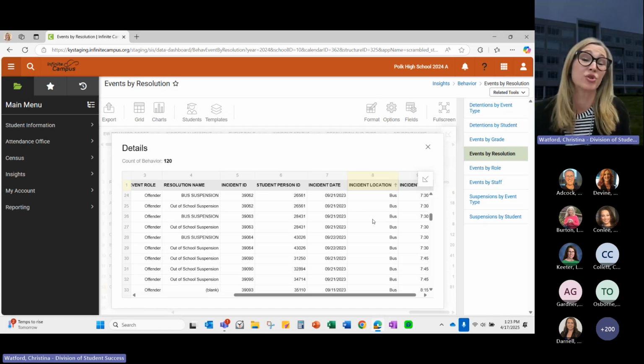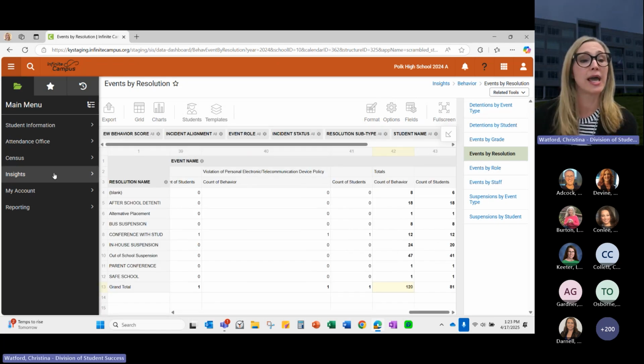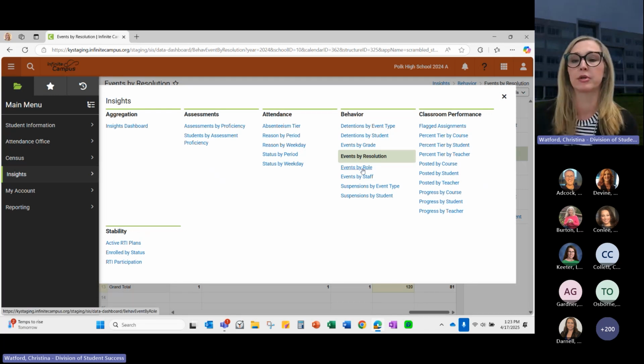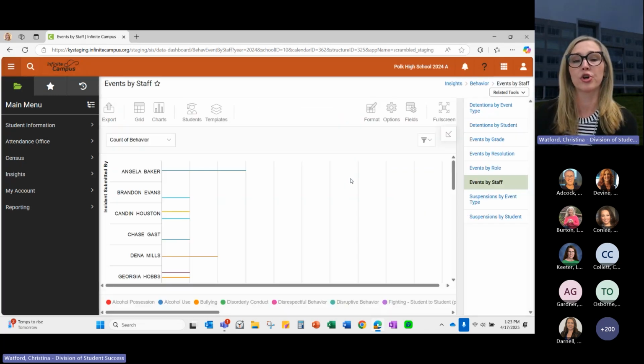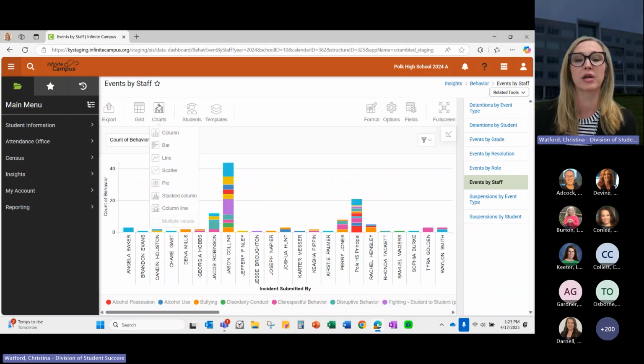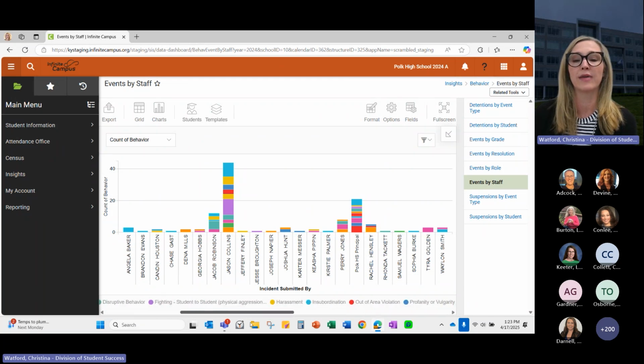And I didn't really have to do very much work at all in order to be able to pull that data in. It was really relatively very, very easy for me to do that. So that's a quick overview of that particular behavior report. I also want to show you an events by staff. And this is one where I like to switch over to the stacked column. So in this stacked column view, I can very easily see who is writing behavior